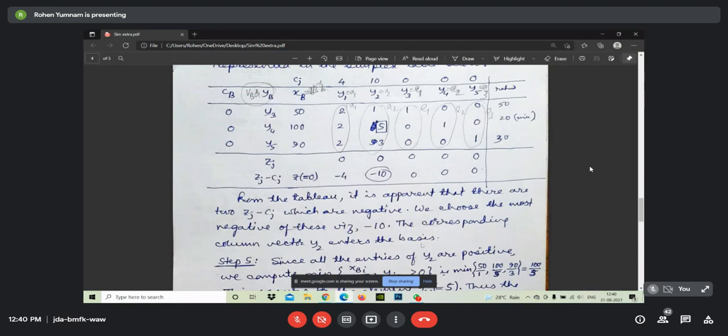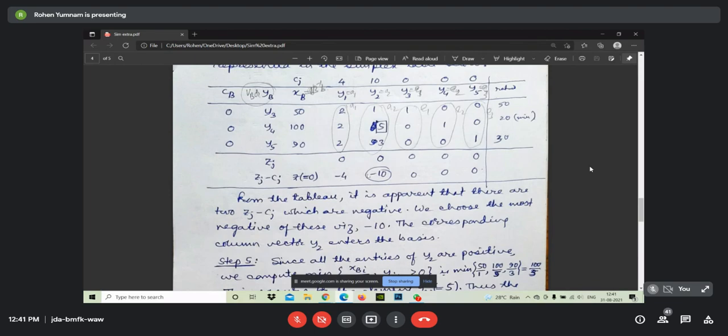See, you are reading the algorithm also. I will explain here how it is to be done also. See, our target is, these are the basis. That is why CB values are 0, 0, 0. You have to replace y3, y4, y5, those having 0 values, by other values. Other value means maybe y1, y2, or y3 may be replaced by y4 also. That replacement is to be done. Which one is to be replaced by whom? That we have to search.